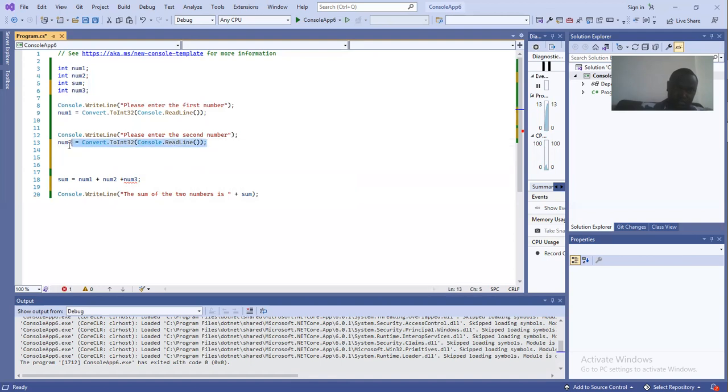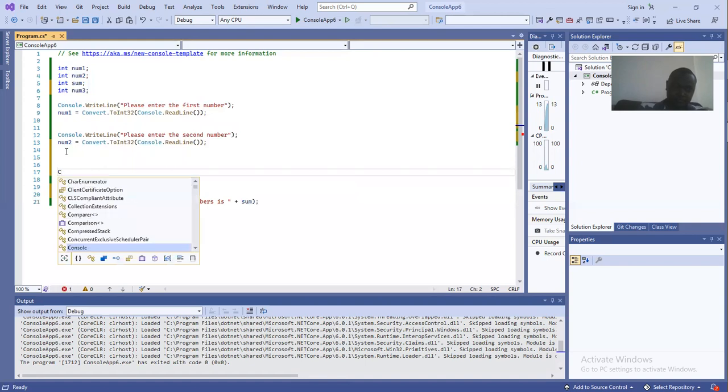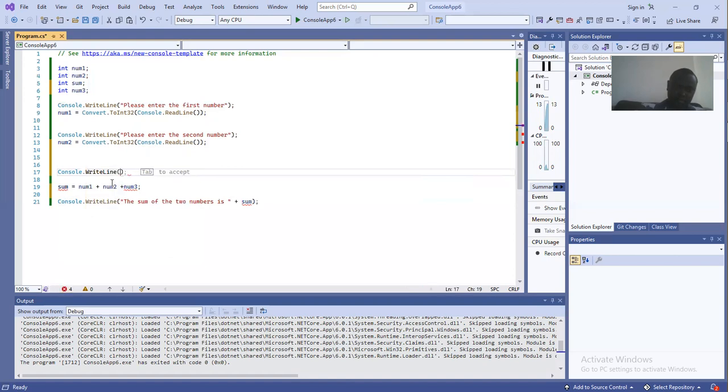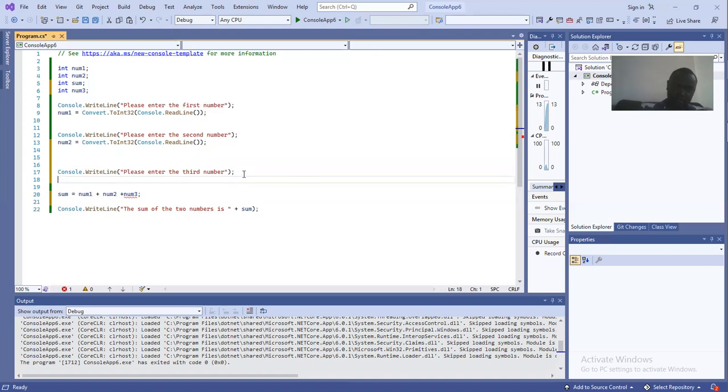So let us just copy instead of typing. So let's try it like that. The third number, like that, just semicolon. Then convert this num3 to integer. Num3 is equal to